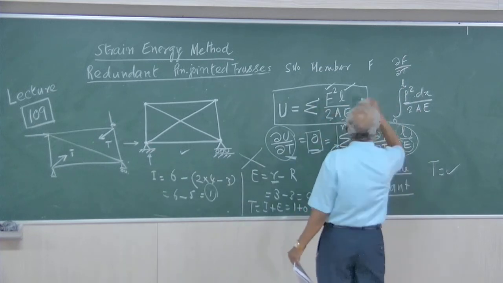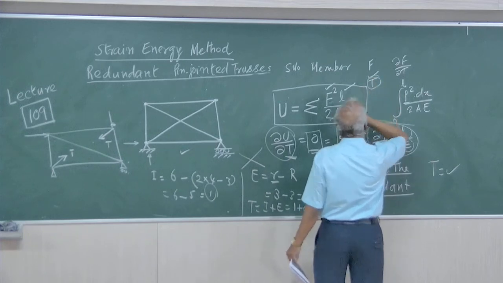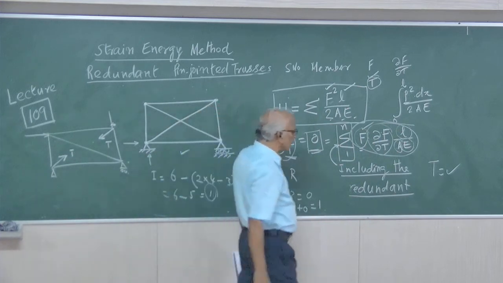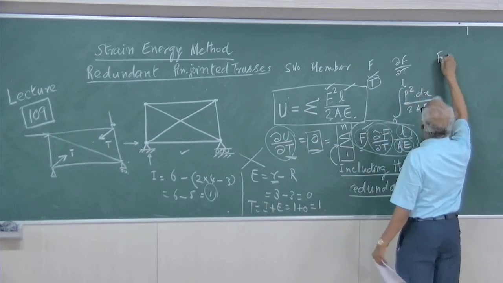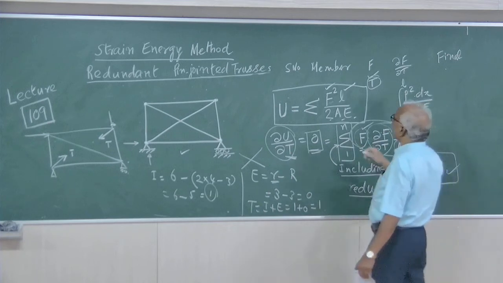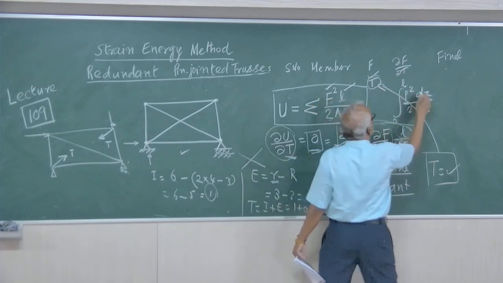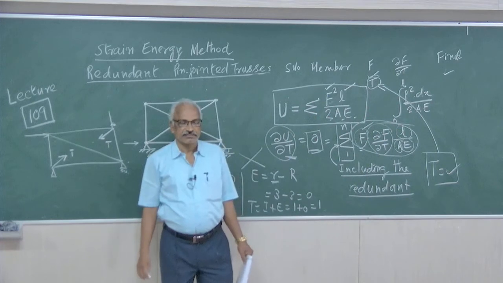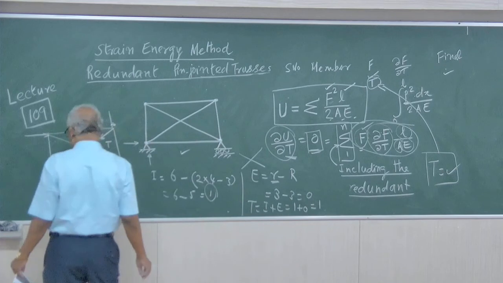Now here all these F values will be in terms of T also. It will be external force plus T. Once you find out the value of T, in the last column you can add the final force. In the final force column, wherever T is there, you substitute this value of T here, that will give you the final force. That is the procedure. So that is the strain energy method.